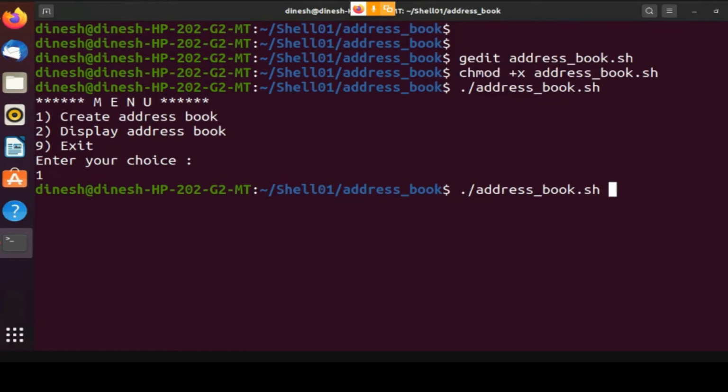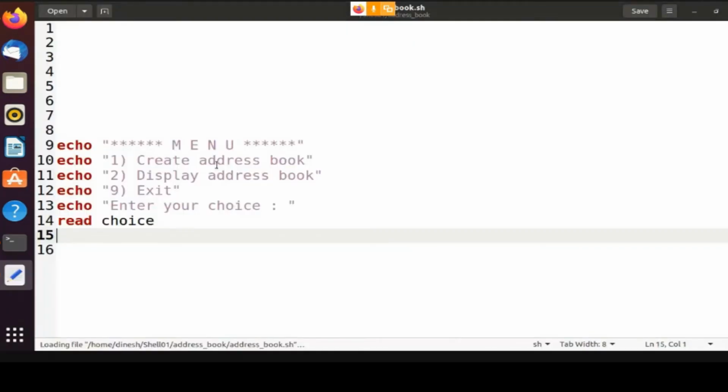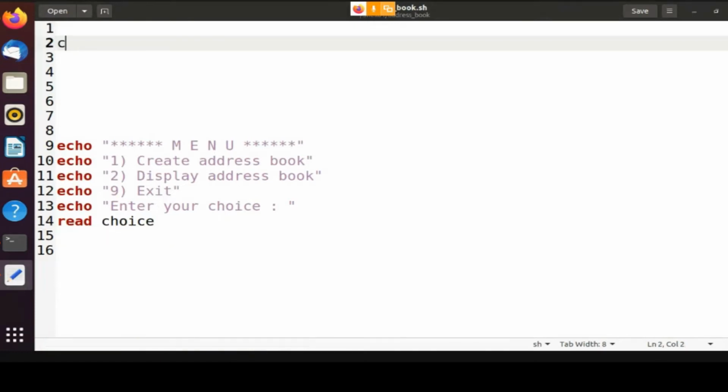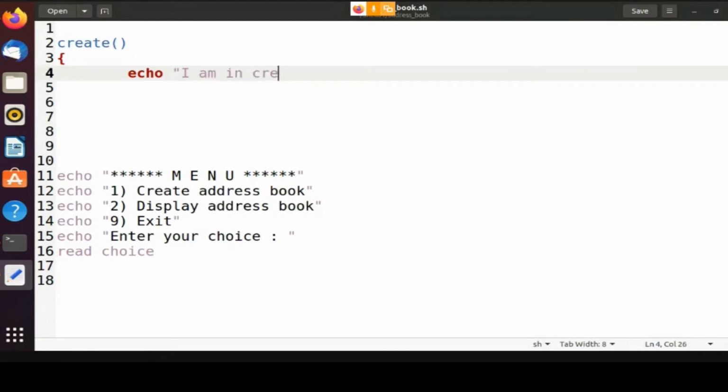Let's say for create, we'll have a create function, where I'll just say I am in create function.